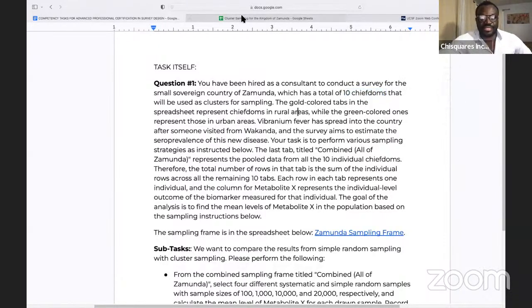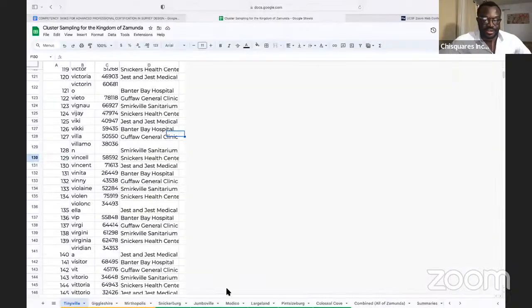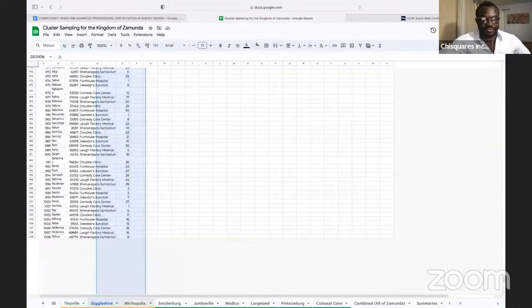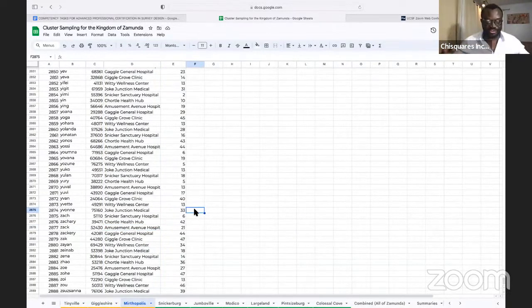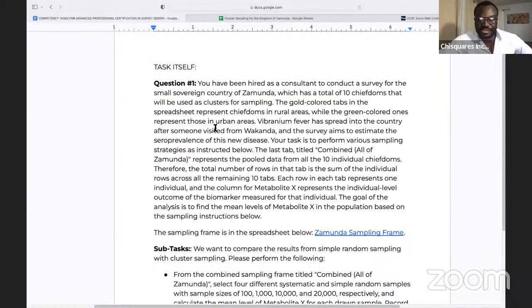And so this is the kingdom here of Zamunda. So these are the chiefdoms. In each of these tabs, each of them represents a chiefdom. So we just pretend that this is a country and you can think of the chiefdoms like clusters or local government areas, but we're calling them chiefdoms here. There are 10 of them. Let's go back to the task. So the task continues that